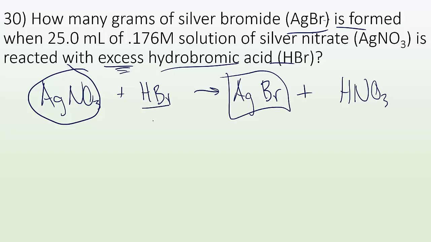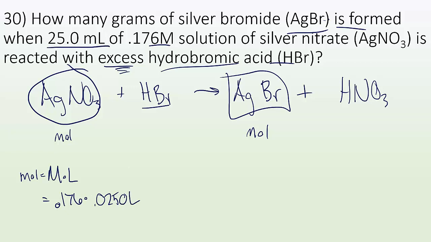I don't have to worry about how much HBr there is. There's extra. So I'm going to have to figure out, well, how many moles of AgNO3 do I have so I can figure out the moles of AgBr. To get moles from this concentration, I know that moles equals molarity times the liters. So when I plug that in, I get 0.176 times 0.0250 liters, because I had to convert this 25 milliliters to liters. And when I do that, I get an answer of